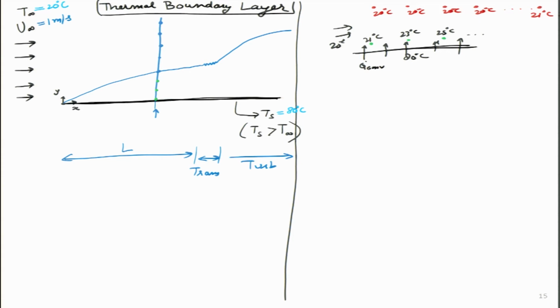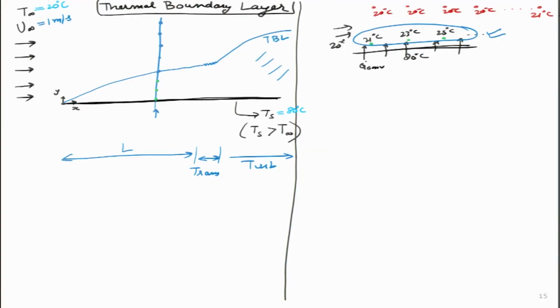So again I will answer it myself. According to the definition of the thermal boundary layer, this is the thermal boundary layer, I will call it TBL. The zone inside the thermal boundary layer is the zone which has actually experienced some temperature rise, and the zone outside the thermal boundary layer is the zone to which that information has not reached, which means at all these points the temperature will be 20 degrees, right? This is 20 degrees, 20 degrees, 20 degrees, which I can represent by the length of this particular line.